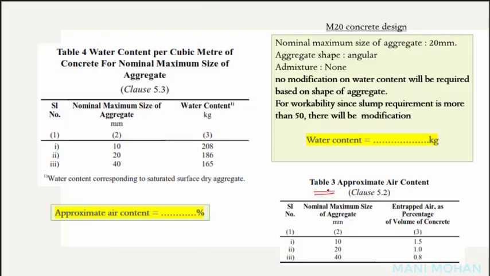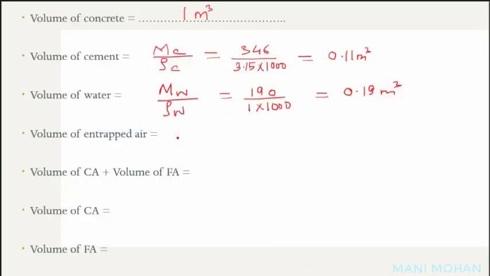You can see the same thing, like what is the approximate air content from table number 3, that for 20 mm nominal maximum size of aggregate, the approximate air content is 1%. So we'll be using the volume of entrapped air as what? 1% of 1 meter cube. So this gives me 0.01